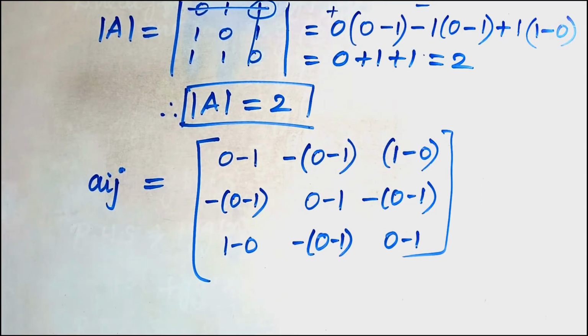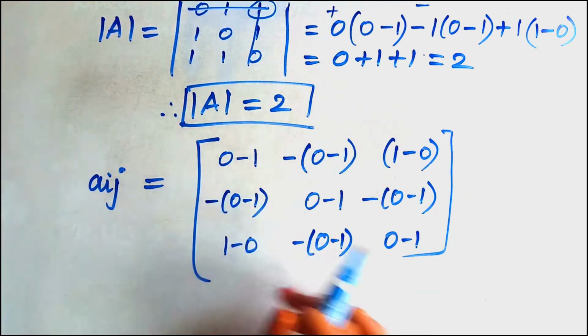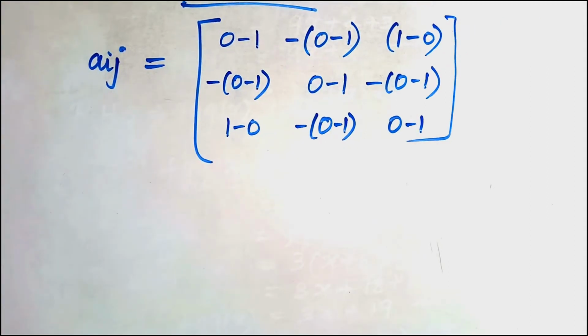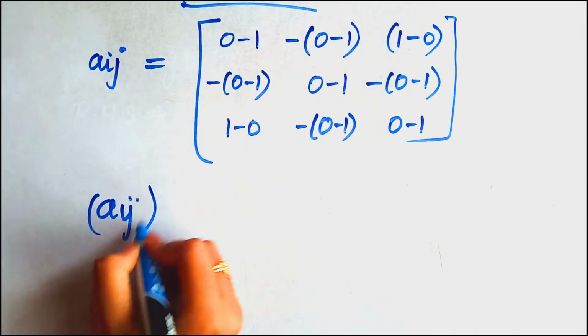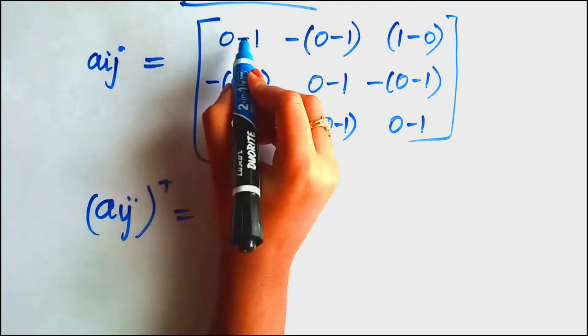After finding the cofactor, you have to find the adjoint of A. So for that, you have to take the transpose of cofactor of A, right? First, let's solve this. Now here we are simultaneously taking a transpose here, and then while solving this, we'll get